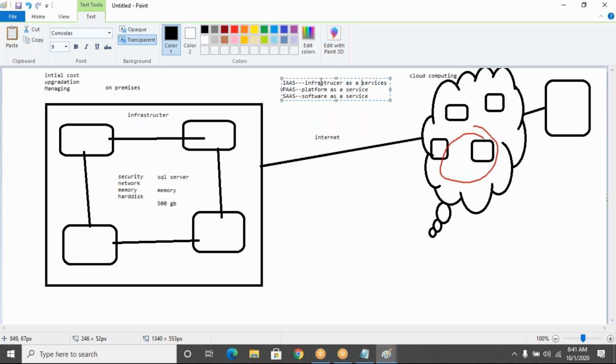AWS, Microsoft Azure, and GCP, Google Cloud, all these are the public cloud vendors. It means anyone can go and purchase the services. For example, there are supermarkets outside.